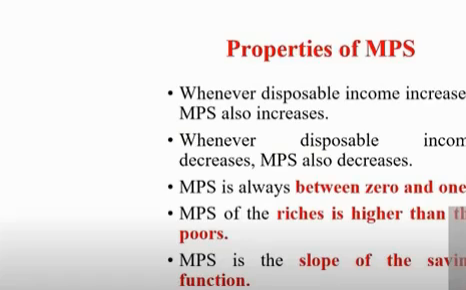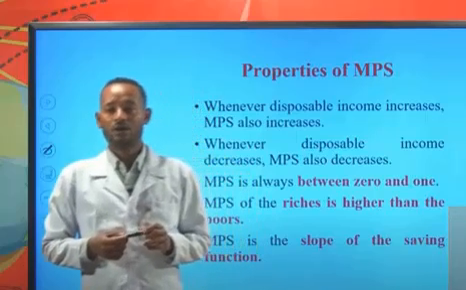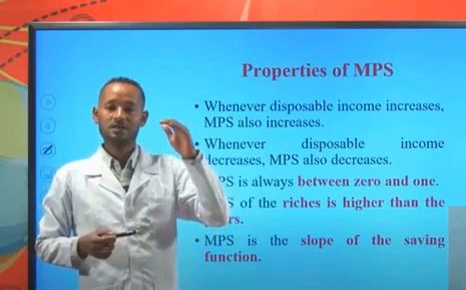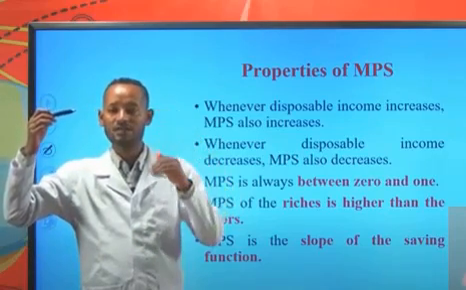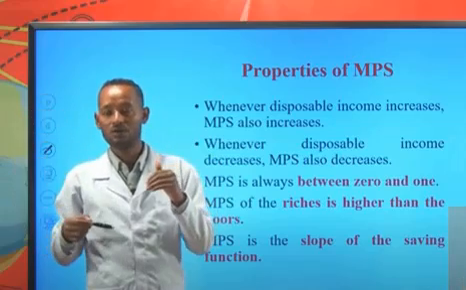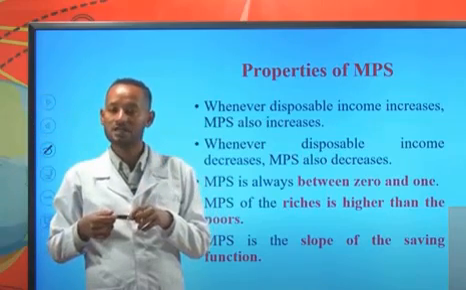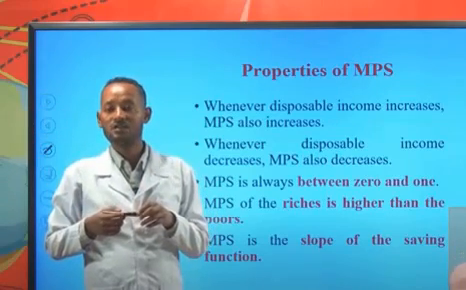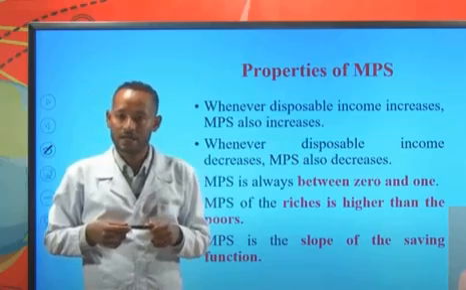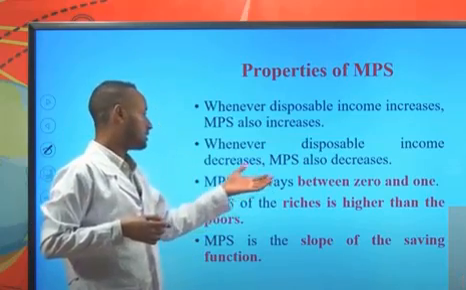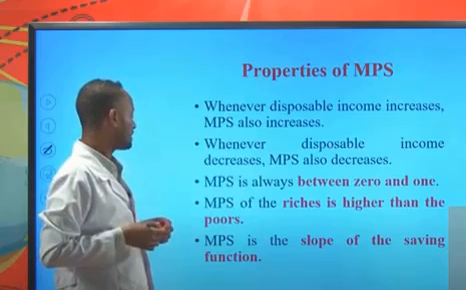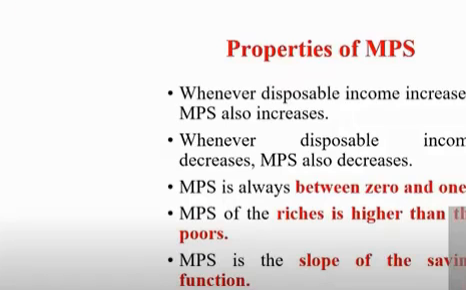When we see the properties of the marginal propensity to save, whenever disposable income increases, the MPS will also increase, and whenever disposable income decreases, then the MPS will also decline. So there is a direct relationship between the changes in the direction of MPS and disposable income. MPS is always between 0 and 1, and the marginal propensity to save of the rich is higher than the